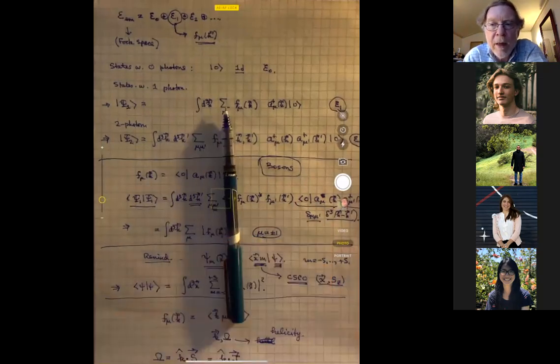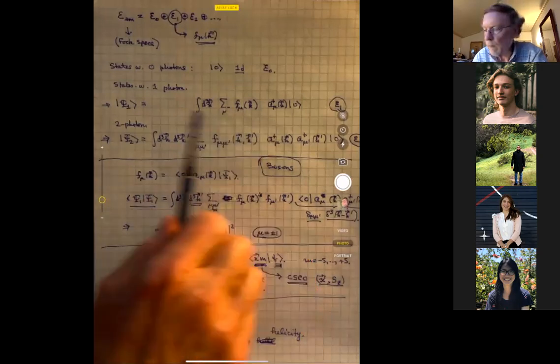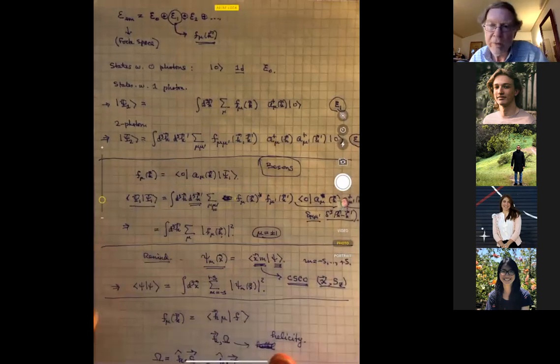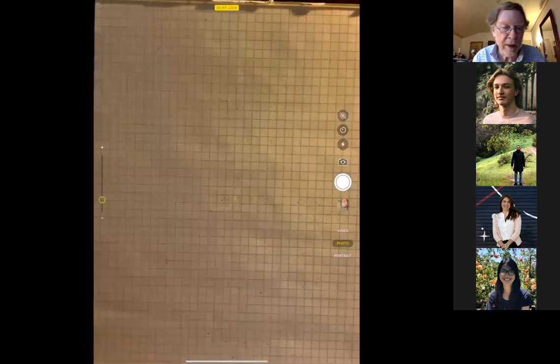You could say the same thing about plane waves in ordinary quantum mechanics. They're not physical states. They really only have meaning when you form linear combinations under integral signs, in effect to make wave packets. Then they become something physically you can work with. We use them anyway because they're so mathematically convenient. And this is a similar situation. In fact, it's very analogous to what we do with plane waves in ordinary particle quantum mechanics. All right. If there are no further questions about that, then I want to move on to a new topic,